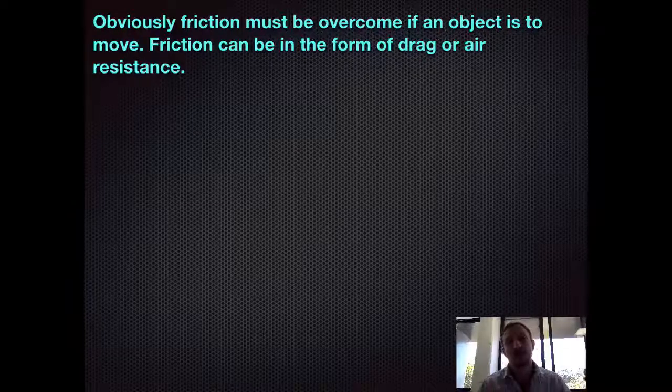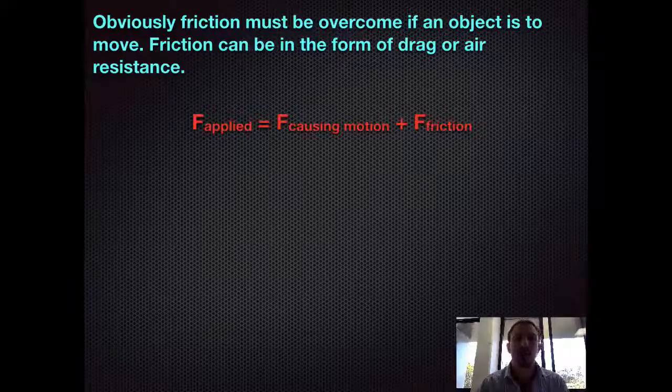So you might have friction acting on a boat, you may have water pushing against it. You've got to move the boat through the water, so as a result, you're going to be generating friction. A plane is going to be moving through the air, so there's going to be air resistance which is generated on that plane. But basically what we've got to work on is the following algorithm, that the net force is